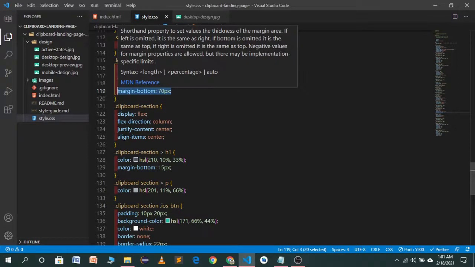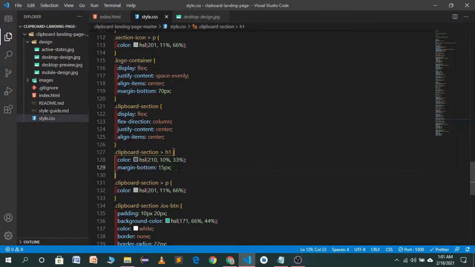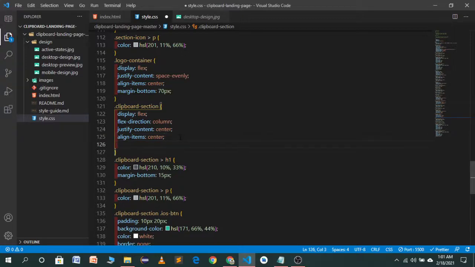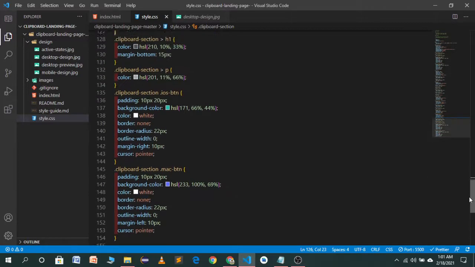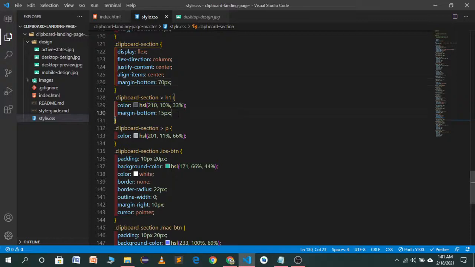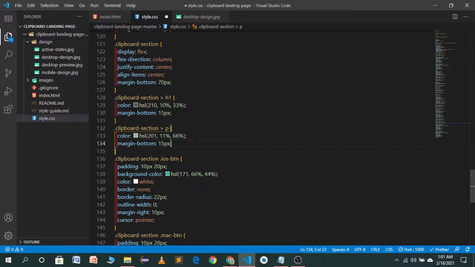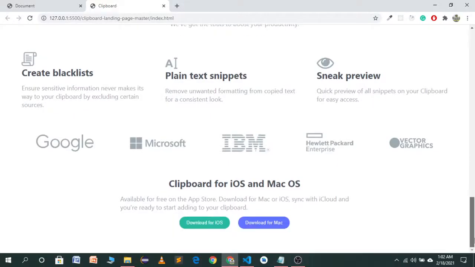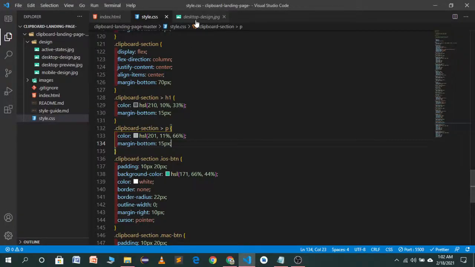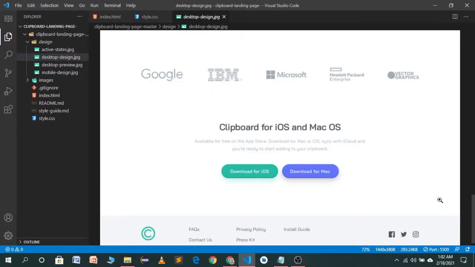Logo container, we'll use the same margin of 70 pixel. Now we'll go to our paragraph and give it a margin bottom of 15 pixels because we want a distance between paragraph and buttons. Now you will see it's looking great. This style is looking beautiful right now. So let's go to the demo part,